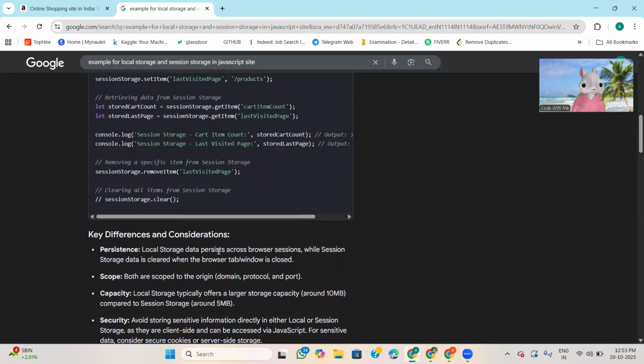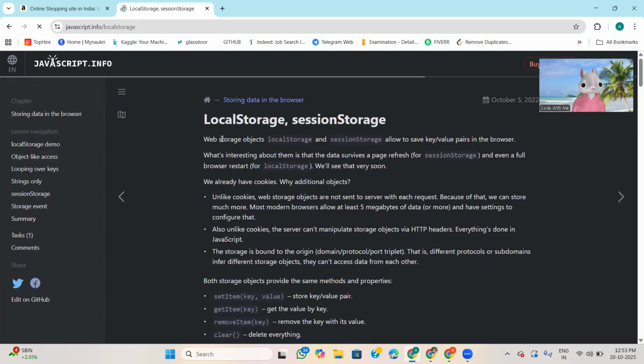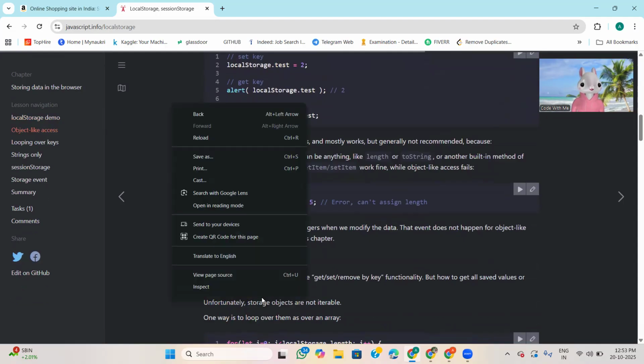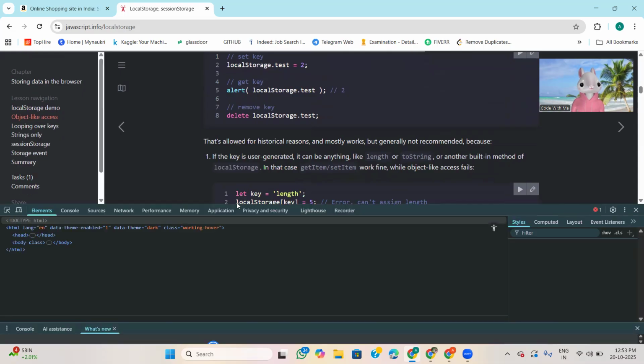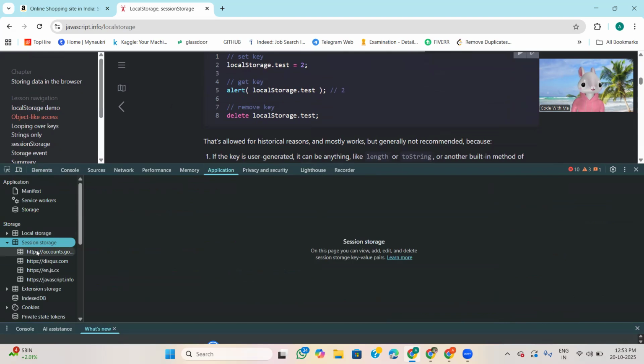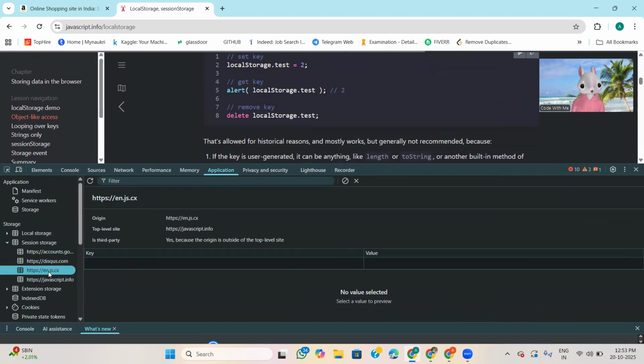Again, if I go here and check inspect, yeah, see here in session storage, these data are stored.